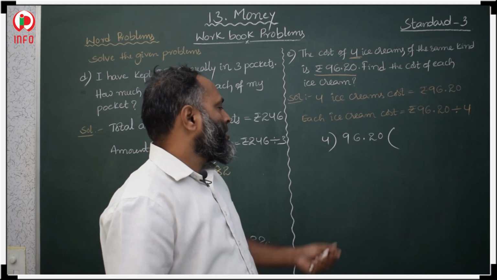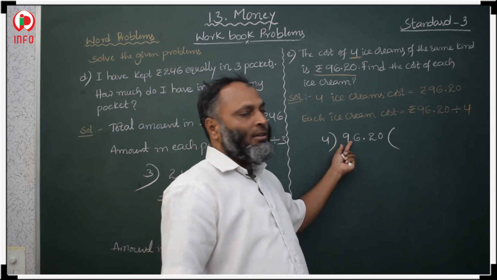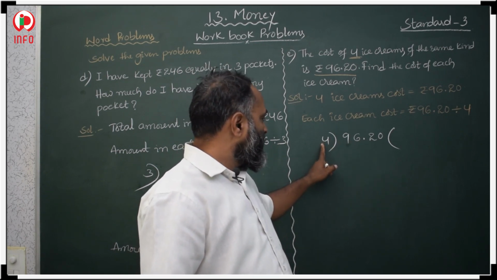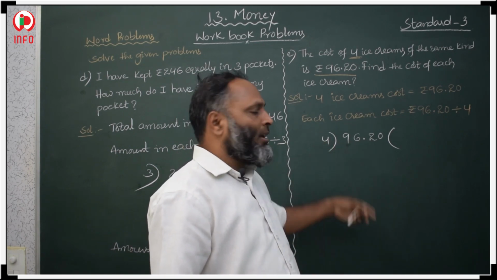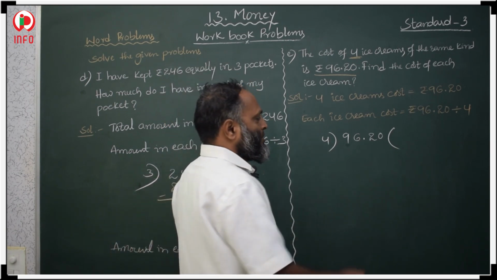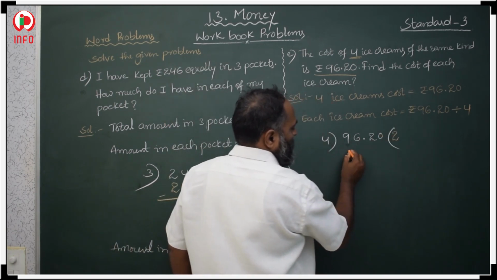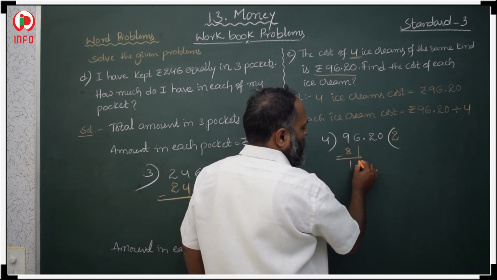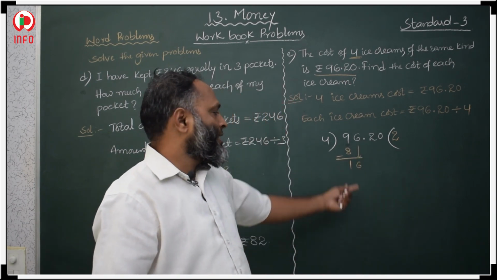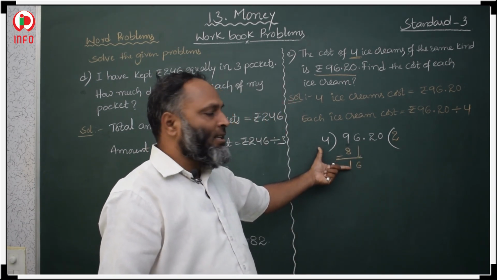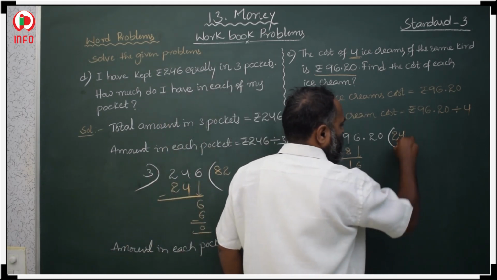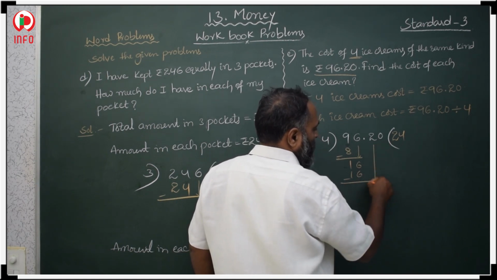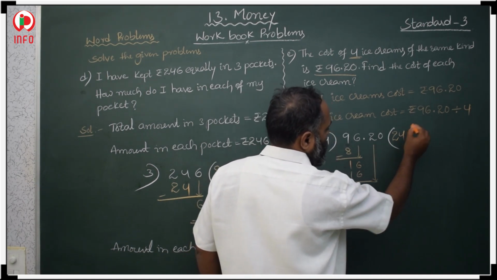First, the extreme left digit in rupees is 9. When will it come in the 4 table? 4 1s are 4, 4 2s are 8, 4 3s are 12 is more, so 4 2s are 8 we should take. Then 9 minus 8 is 1 and copy the next digit, that is 6. Now it is 16. In the 4 table, 4 4s are 16. 16 minus 16 is 0. Now you copy the decimal point place, so we keep the point here.